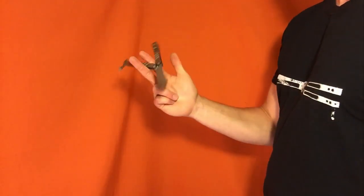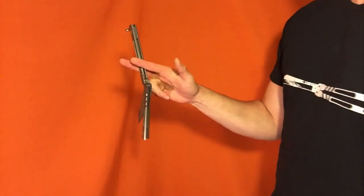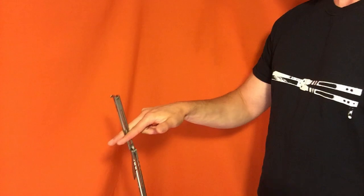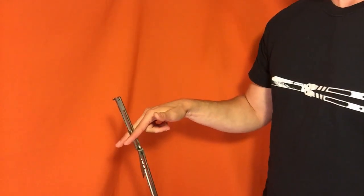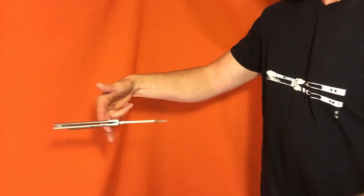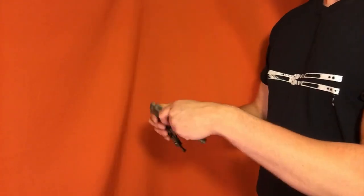You're going to turn your palm away from you. And I'm sure you'll find this to be way easier with your dominant hand. You're going to point your fingers downwards, and you'll note, like even here, it's already fallen. I don't know why that is exactly, but that's nice. And then you're going to do a forwards push and a catch. Whew. Now, you'll note when you're actually doing this trick,